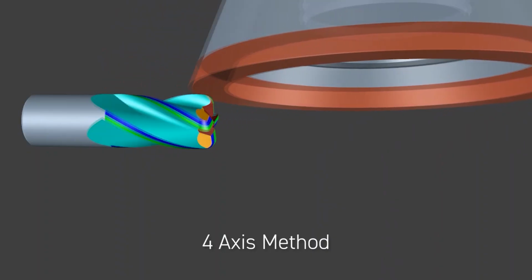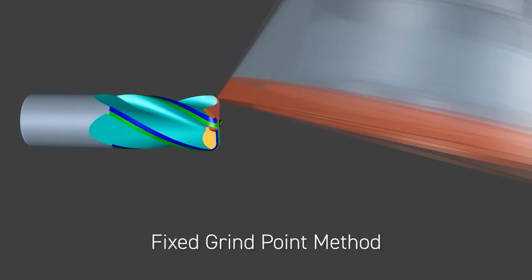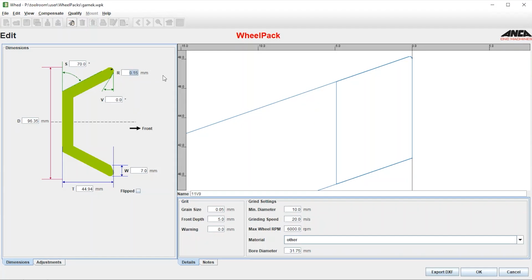Yeah. So depending on which grinding method you're using, if you're using a 4-axis grinding method, I'd certainly go away first and check your torrid radius on your wheel. Very important that that's correct so that you get the correct profile on the corner radius. If you're using fixed point grinding, then I would go into the tool room and adjust your radius input value.